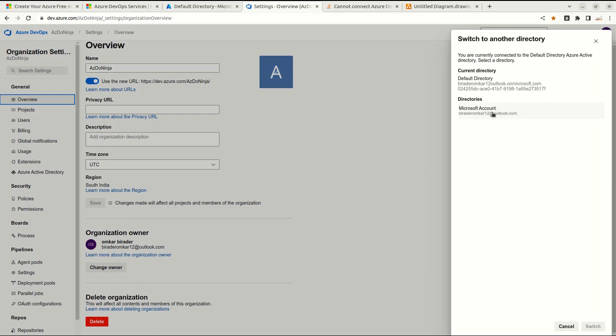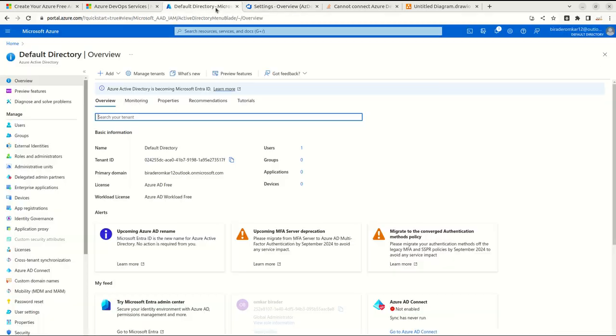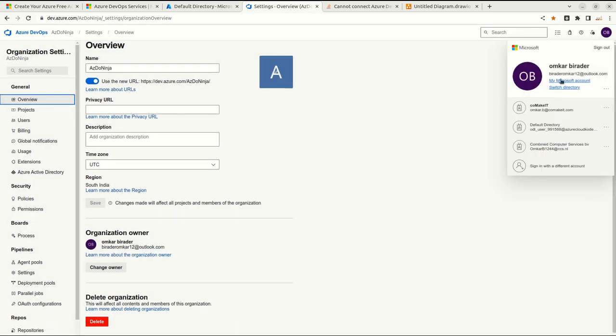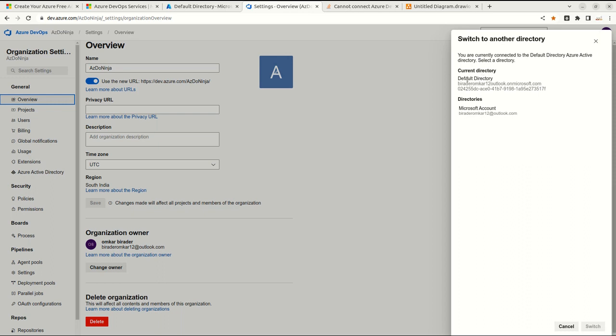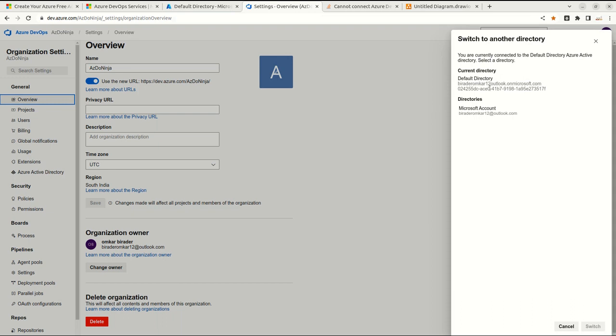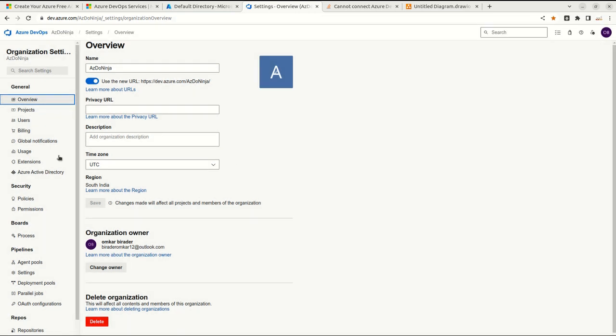For this one we will not have access to create our accounts and everything. So to set this Azure AD to our Azure DevOps, we need to switch the directory, and you will get an option to select your Azure DevOps directory, this one. Here I have selected that Azure DevOps directory,